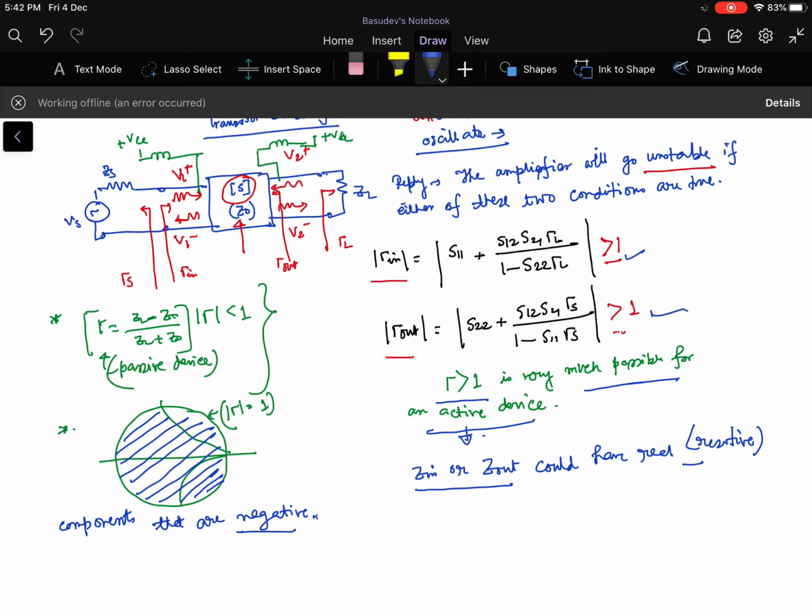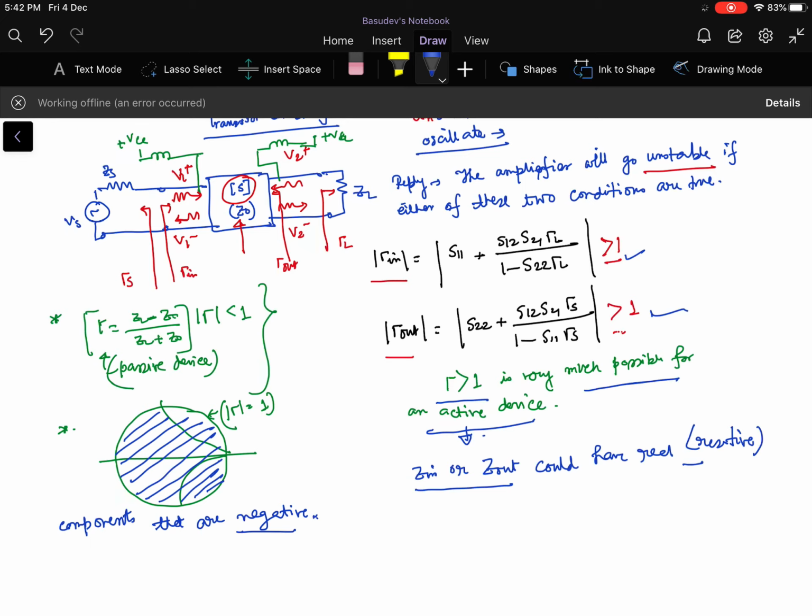And a negative resistance, how you should appreciate and think of it, is that I have a resistance where if I apply a voltage, then the current I will get is in the opposite fashion, and that's what a negative resistance means, and it can generate power. Any oscillator you try to design must have a negative resistance, and the way it is coming is actually hidden in these two equations, and how it is deviating from your normal knowledge, that also I have described here.